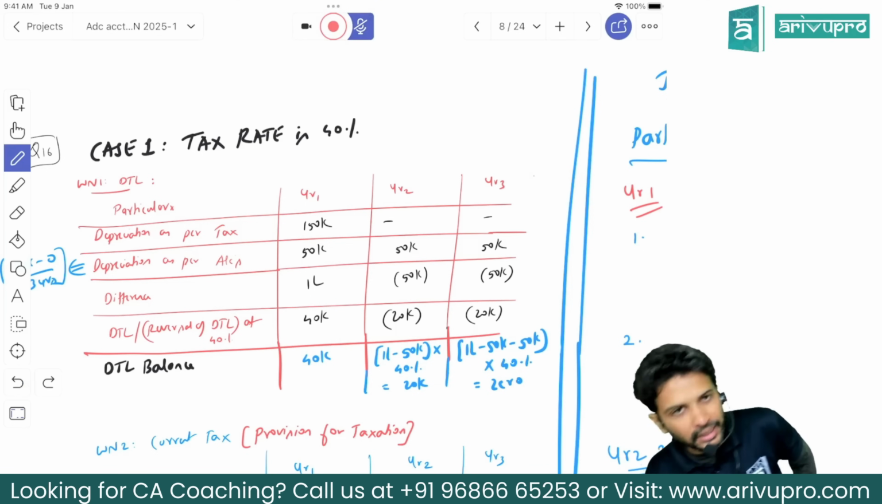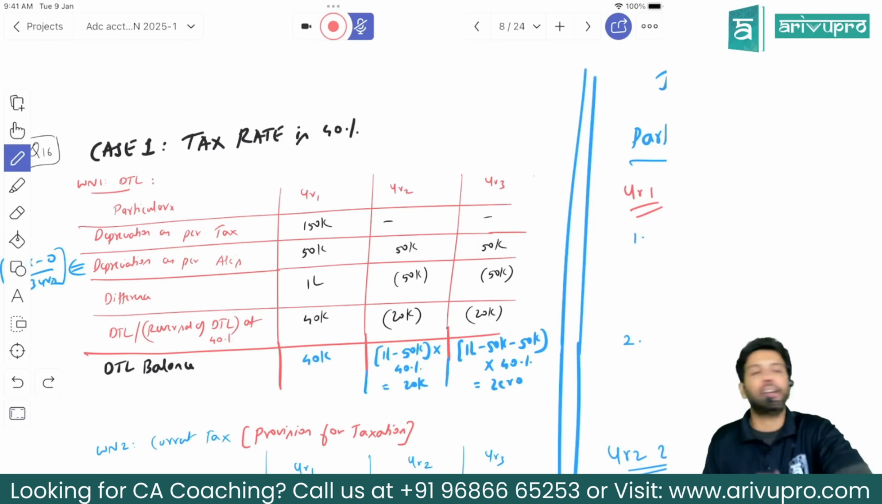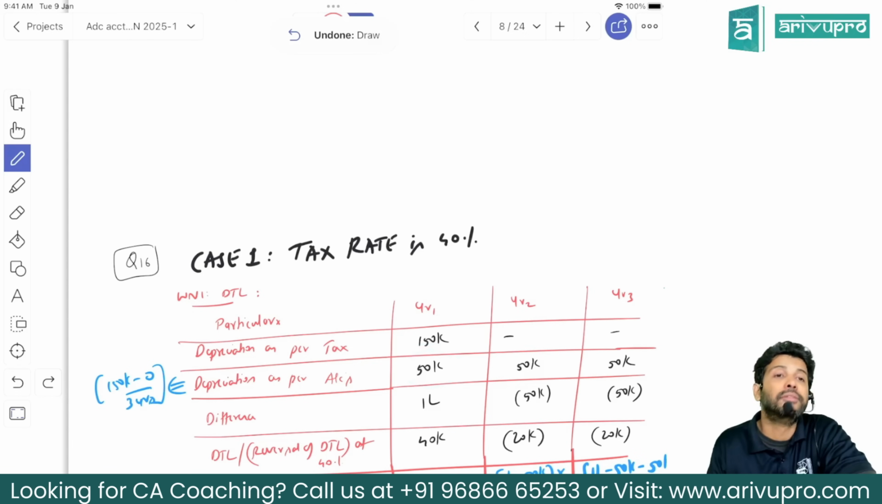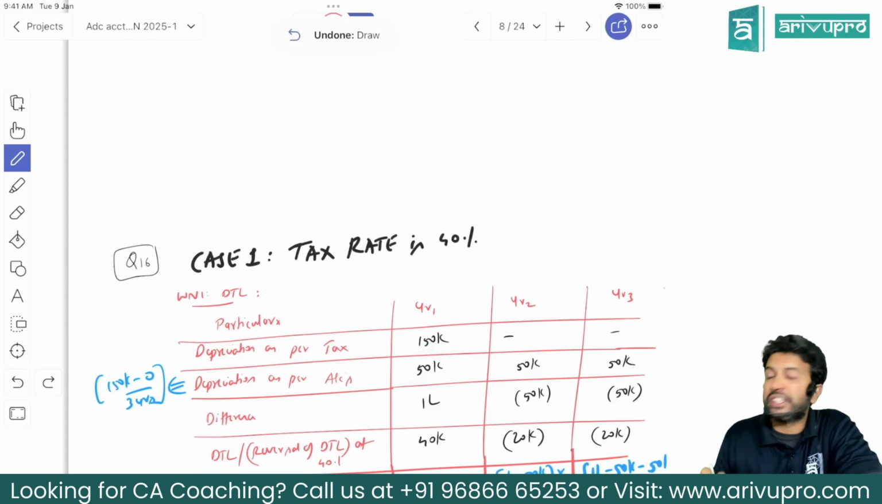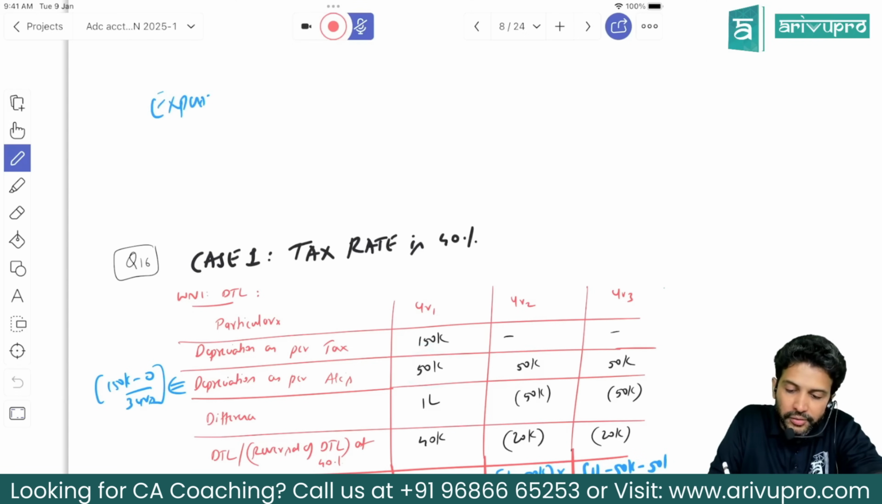And for temporary timing differences, do we create DTA or DTL? Yes, that is what we need to calculate here. In fact, can you guide me? We wrote one equation also, remember? Depreciation as per tax is 150, as per accounts it is 50. So you remember which equation? Depreciation is an expense. This equation, do you remember? If expense as per tax is more in the